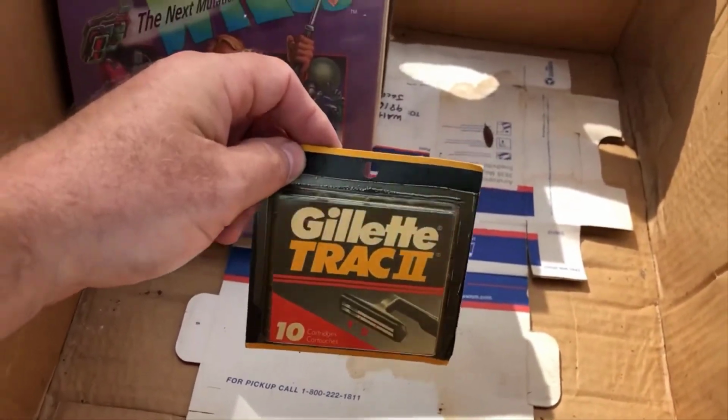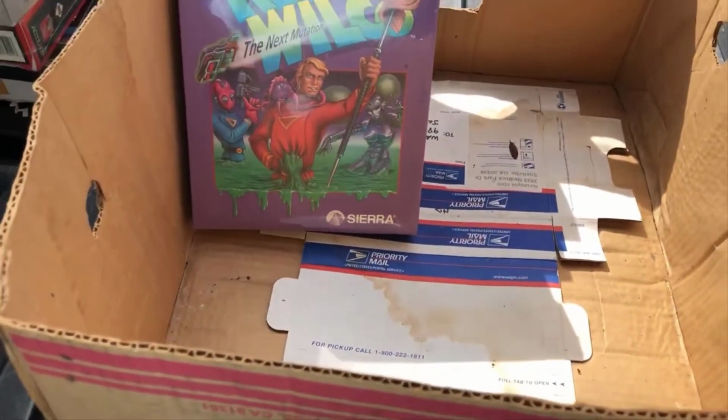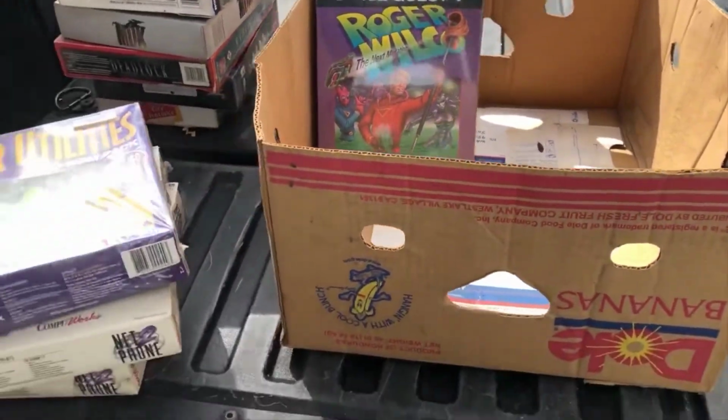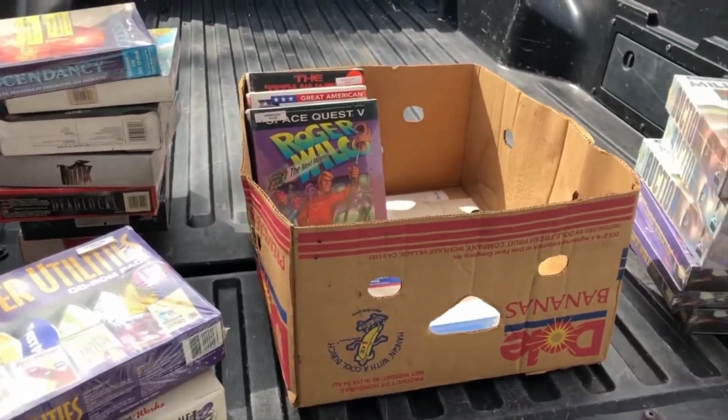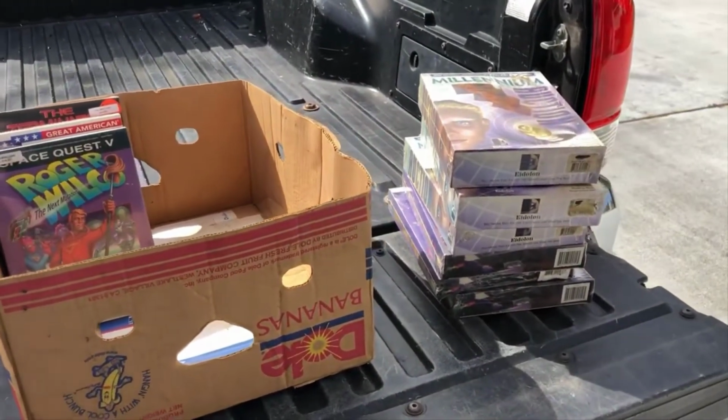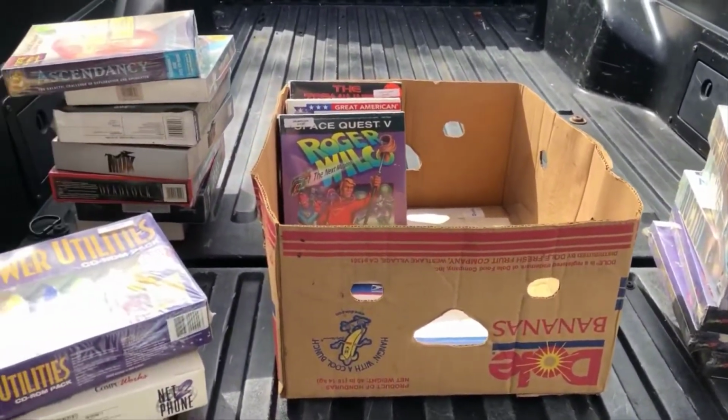So, as you can see, there were some unusual items in this load of the stuff that I brought back to process. Well, I still have plenty more stuff in that storage locker that needs to come home and get processed,